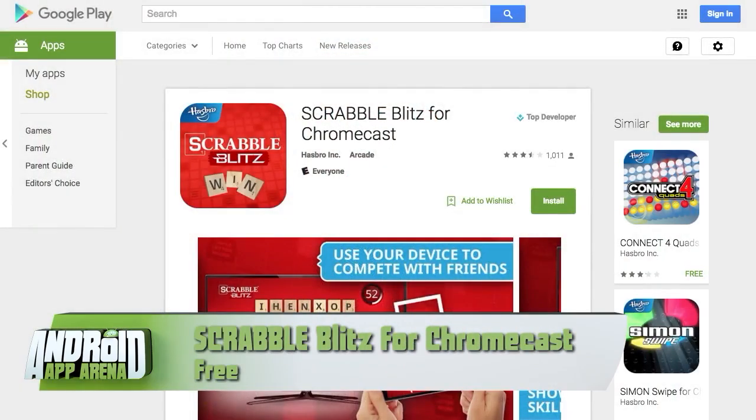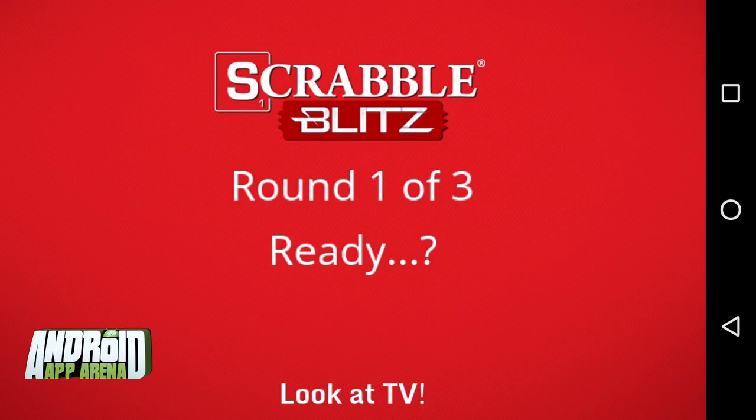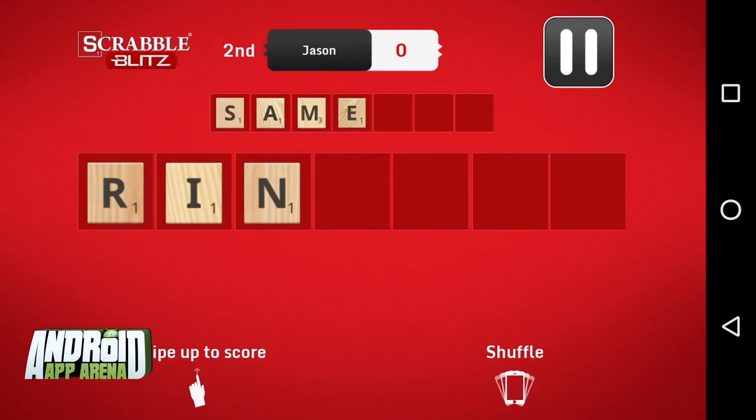I'm a sucker for word games, and without a doubt, one of the most classic word games ever is Scrabble. Turns out Hasbro, the creator of Scrabble, has created a new take on Scrabble for the Chromecast, and I'd never heard of it before. Scrabble Blitz is a multiplayer game based around a time trial where each player is given the same set of jumbled letter tiles. With 3 rounds, each player must spell out as many words from those same identical set of 7 letters in